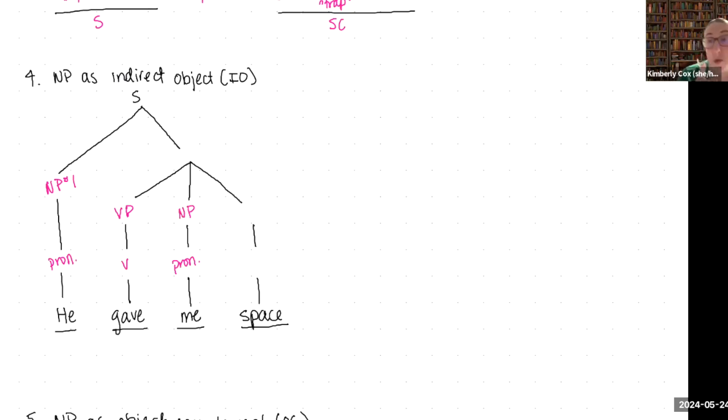It's not "my," so it's not possessive. So it's just a pronoun on its own. And then "space" is a noun, so we have another noun phrase. So this is actually noun phrase number three, and this is noun phrase number two based on the order as we're seeing it. Okay. And then "gave me space" altogether is our predicate phrase. Okay. So we once again have our subject predicate split, which means "he" is functioning as our subject. "Gave" is functioning as our predicate. So now we have "me" and "space" to contend with.